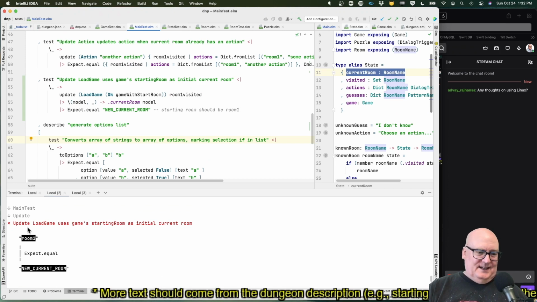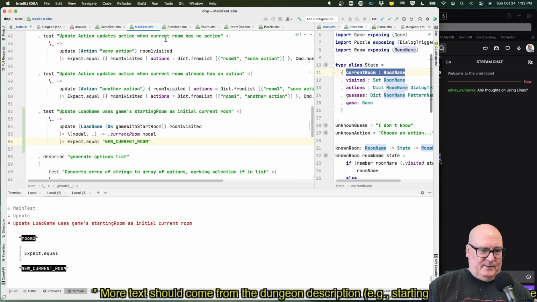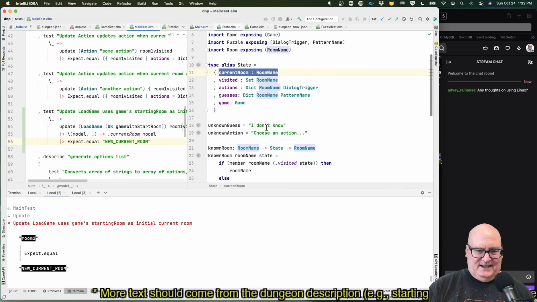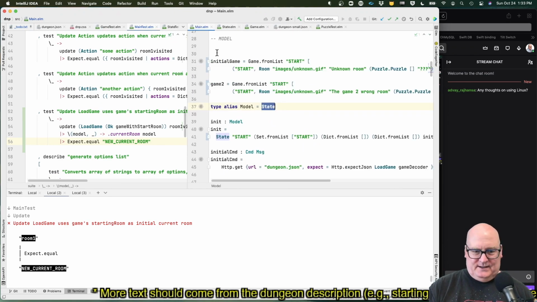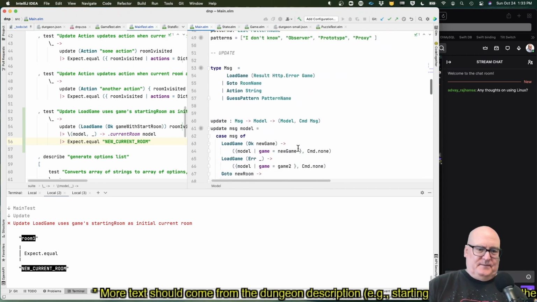Okay, this is good. We expect to use the starting room as the initial value, and it came back room 1 instead of new current room. All right, that we can fix. Oh, goodness. All right, so in main, we have the update command.